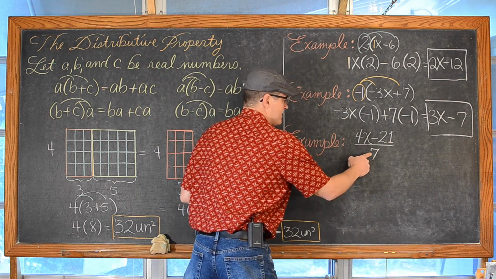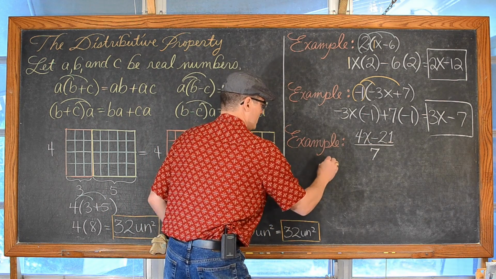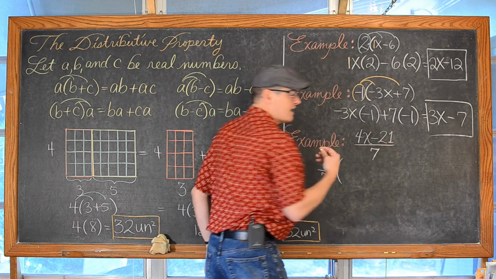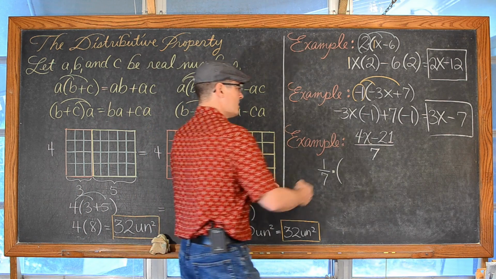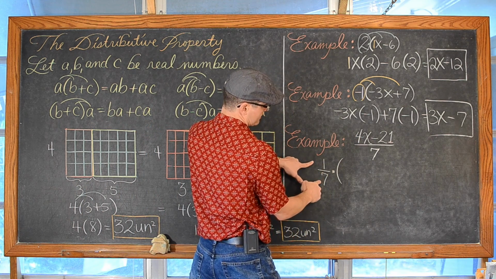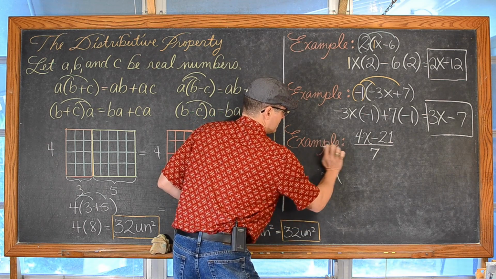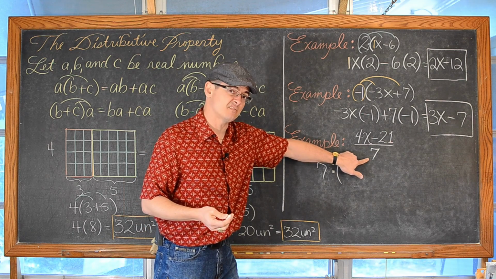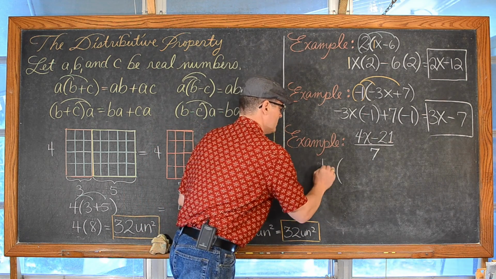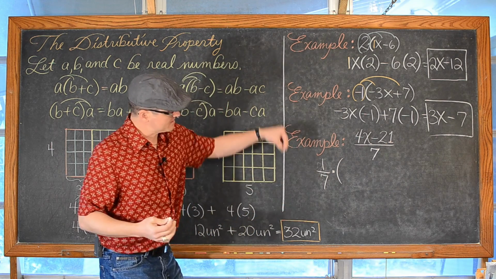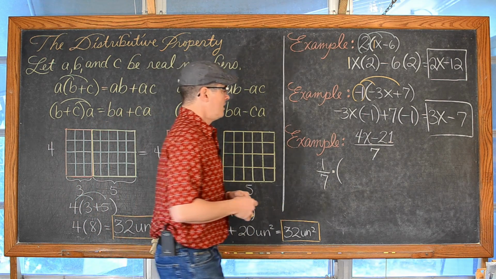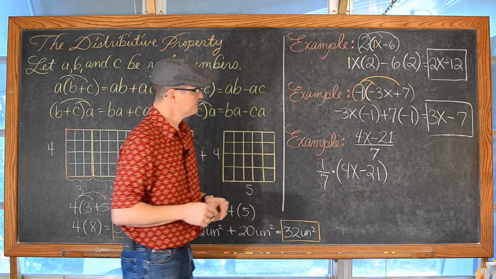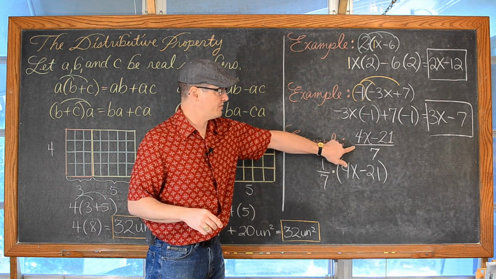So I can take this 7 that's in the denominator, pull it out front, and write 1 over 7 times, and then a fraction bar is a grouping symbol. So I need to have a 1 over 7 because the 7's in the denominator. I can't just write 7, because that's a multiplication of 7, but this is a division of 7, so that would not be right. So put a 1 on top and leave that 7 in the denominator. And I need to wrap this in parentheses, 4x minus 21. That is an equivalent notation to this fraction.